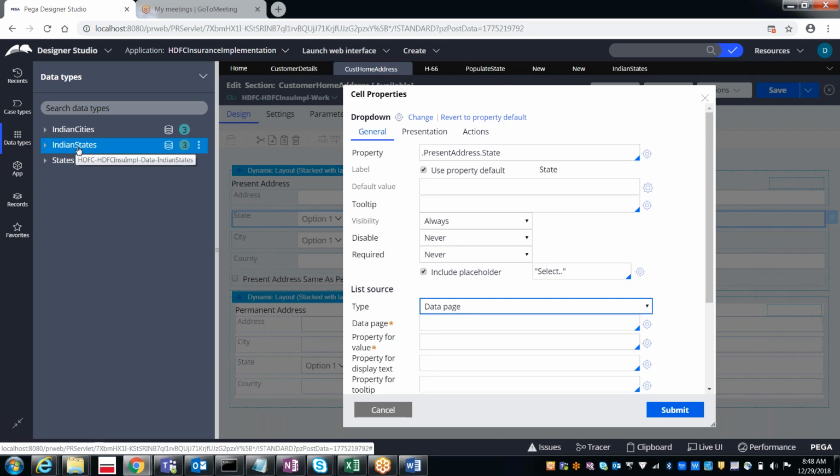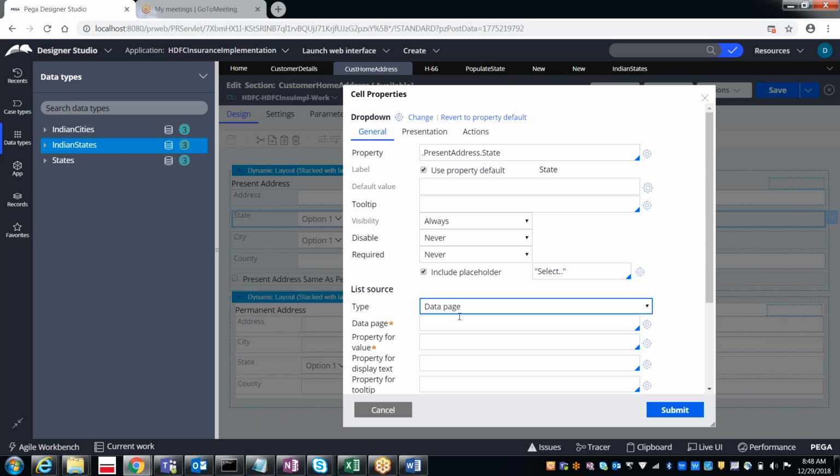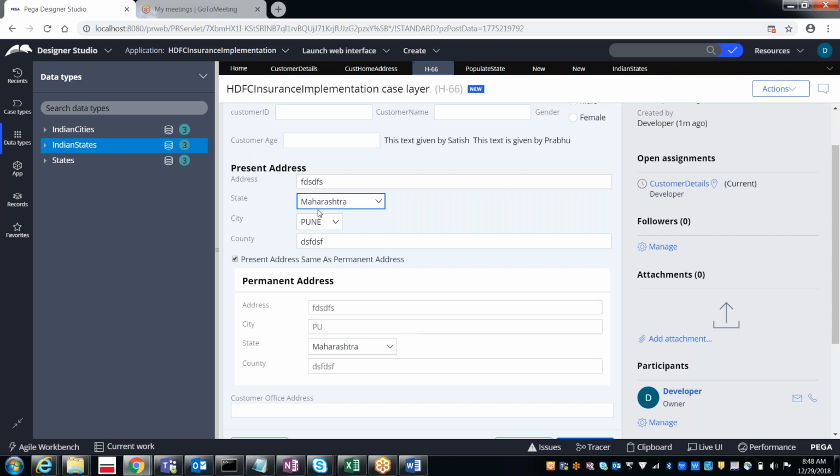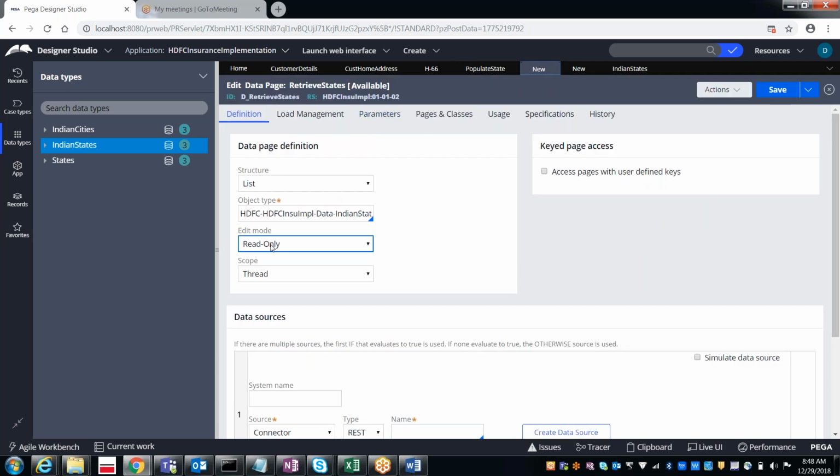Are we doing any modifications in the work object? No. We are only populating the values from the Indian states, so as we are not modifying any record, we can go for read only.